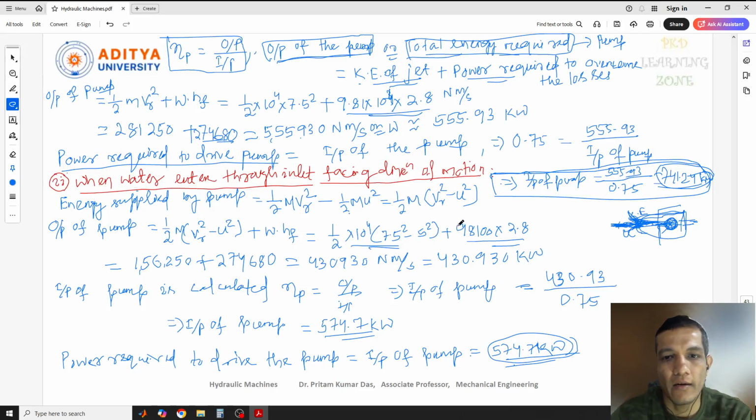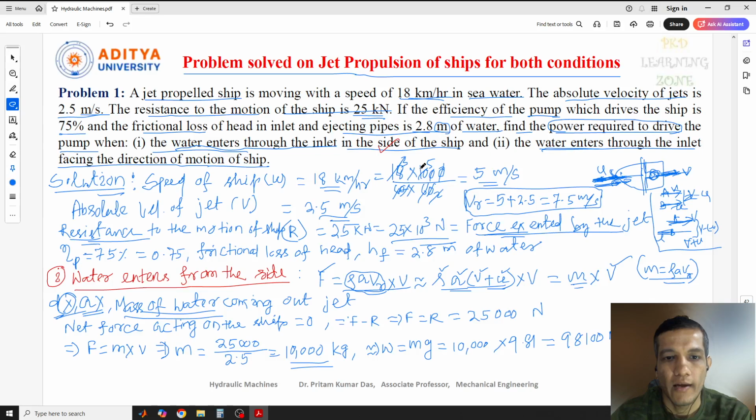It is slightly lengthy, but you can easily understand it, though we need to consider a few extra terms here, like energy supplied, output and efficiency, which we know. Before that we need to find this force equation. We need to utilize this force equation to find the mass value, because the diameter is not given, so we cannot calculate the area. So from this we can calculate the mass, and from that we can calculate W. Once you calculate the weight value, then we can go for the output of this. I hope you understand this